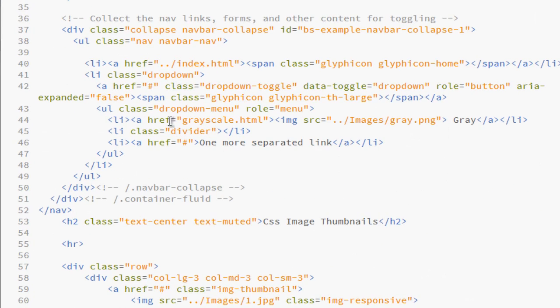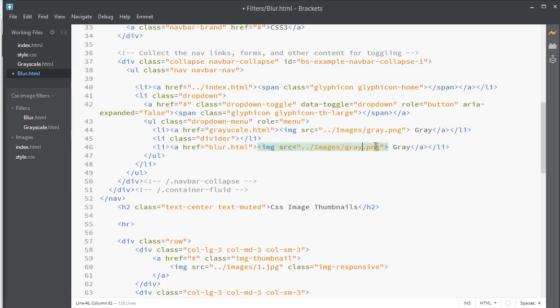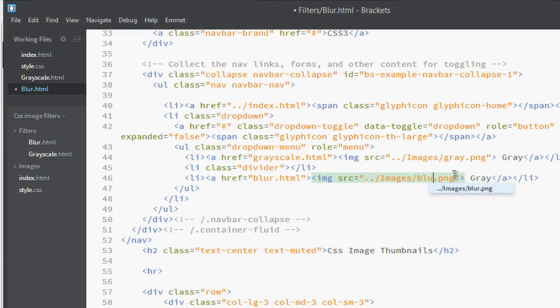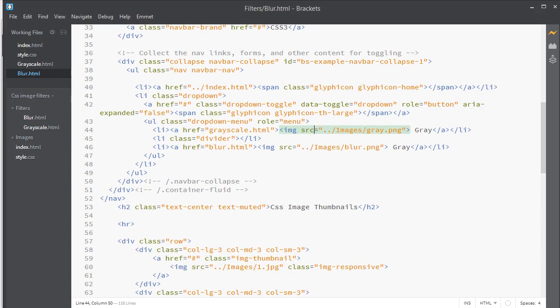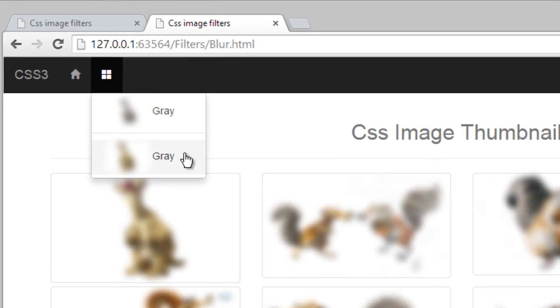Now I go back to my creator, go to blur and go to this link, and you can see here's the first one, the gray one, so let's change this to blur. For that, let's copy it, save our time and paste it here, and change it to blur.html. Now here let's change it to blur.png. Let's visit here once again and click here, refresh it, and now you can see here gray. Oh my god,